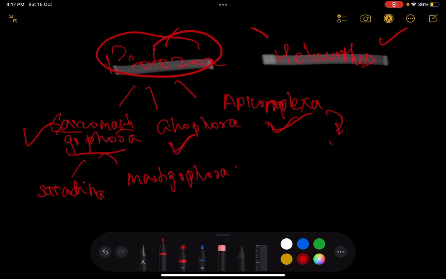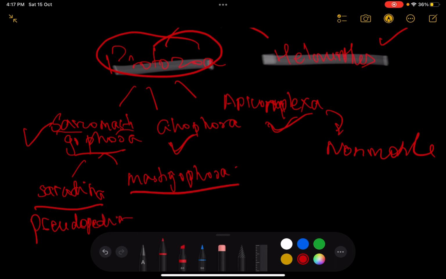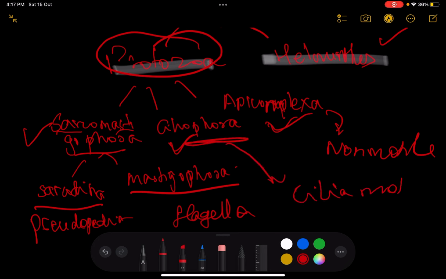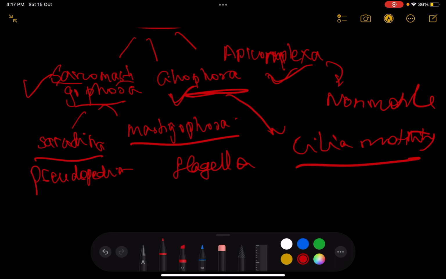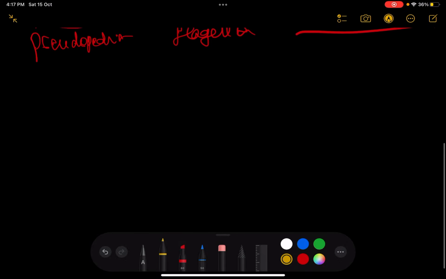Now, the Apicomplexa are non-motile, and the Sarcomastigophora are motile. Sarcodina is motile by pseudopodia. Mastigophora move by flagella, and Coeliophora by cilia motility. This is just some basics, not so important. So let's jump directly into the most important